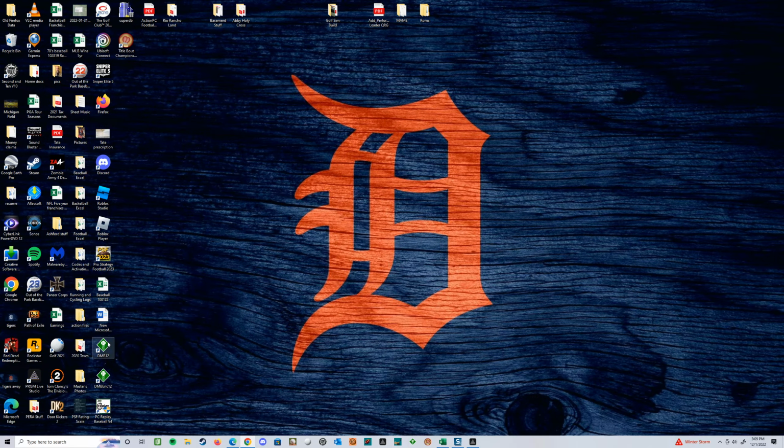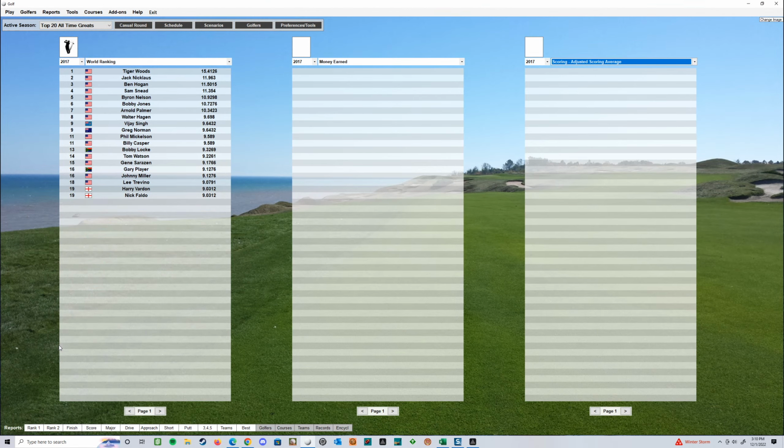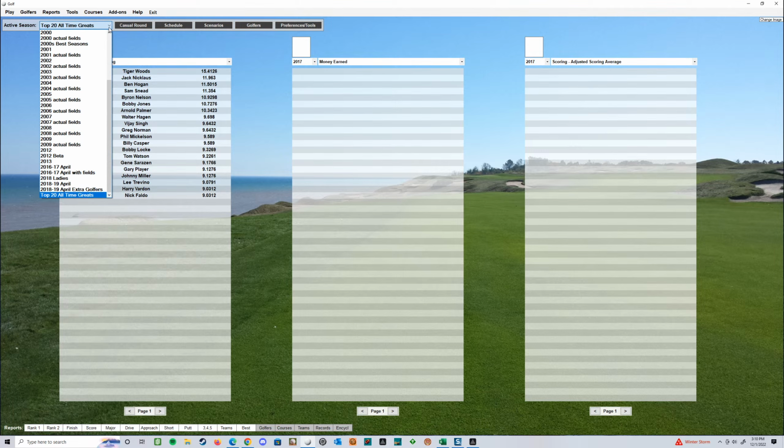I've got DMB ready to roll here again. Has its own different interface. Another game that I haven't talked about, I don't know how many people play it, that's an action game too, that I haven't played in a while, is the golf one. It is a fun game. Very fun game. And I've got quite a few seasons for it. I picked up a few more here recently. I think I've loaded them in. Yeah, like this 93. They had like a six pack going on with some of these 80s and 90s seasons that I didn't have. So that's pretty cool.